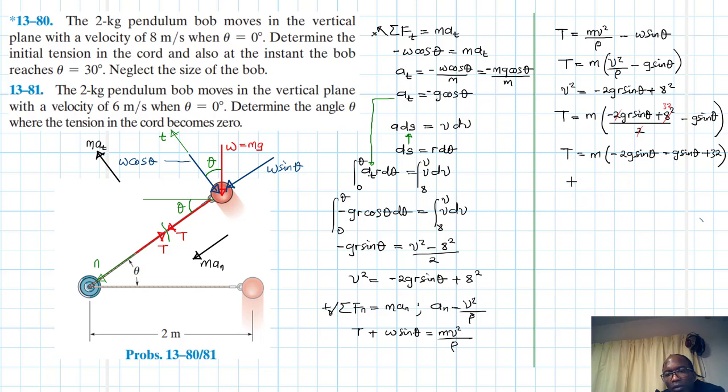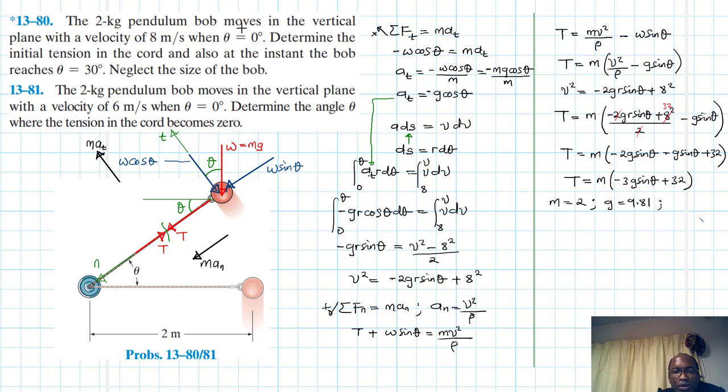Right, so working out, this just becomes equal to m times minus 4g minus 3g sine theta plus 32. Okay, so our m is just equal to 2, our g is equal to 9.81,